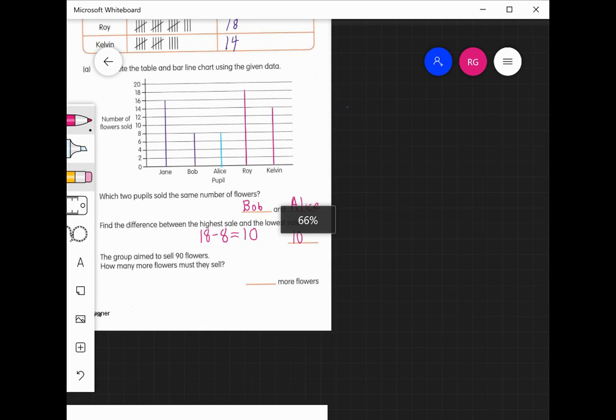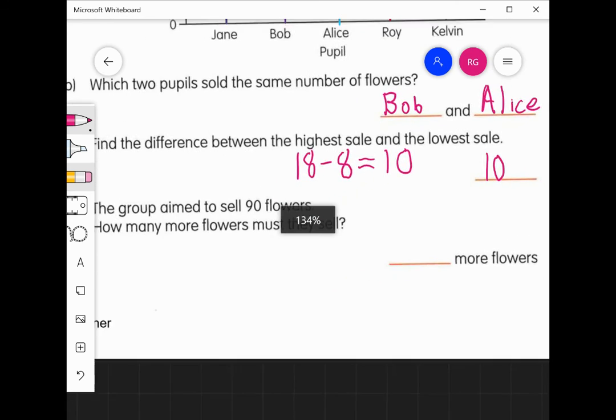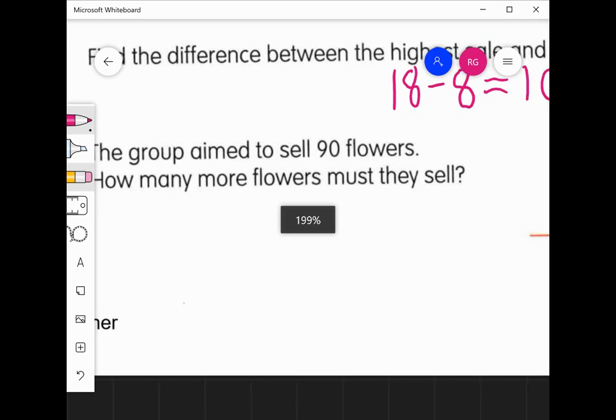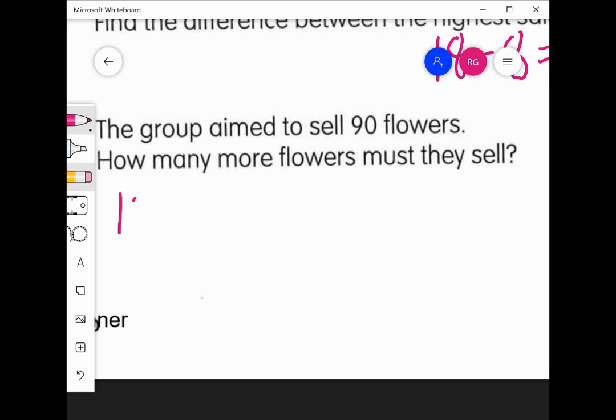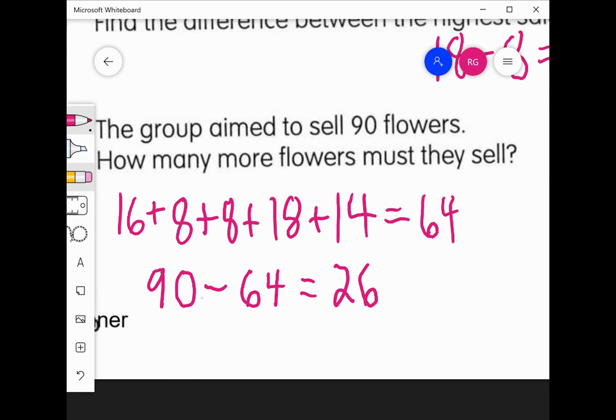All right, last one. It says the group aimed to sell 90 flowers. How many more flowers must they sell? Well, first we need to figure out the total number of flowers sold. So we take 16 plus 8 plus 8 plus 18 plus 14, and we should get 64 after we add those all up. And then to find the number they must sell, we should take 90 minus 64. 90 is the amount they want to sell. 64 is the number they've sold already, so we should say they need